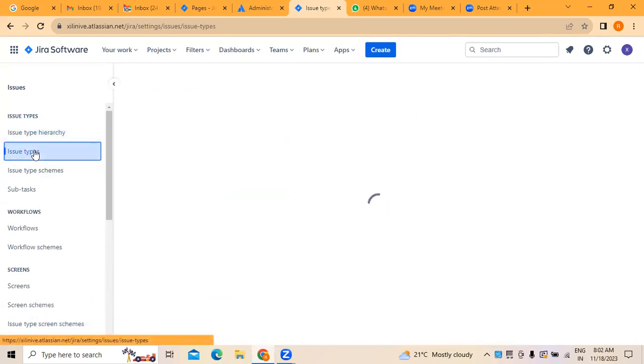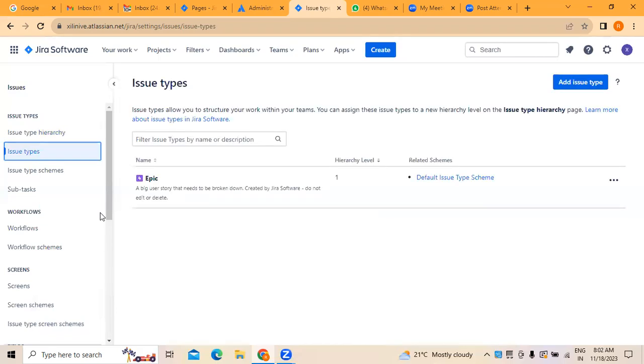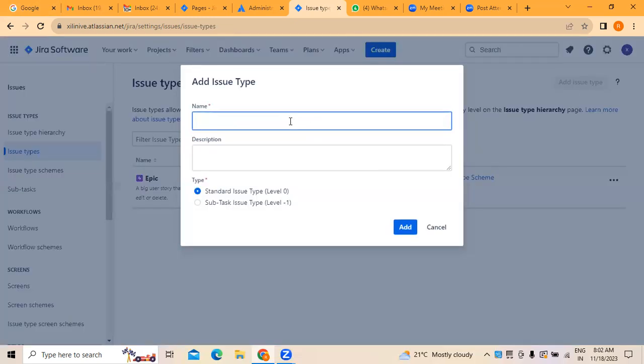Now, for example, if you want to add some issue types, different issue types. What are they? Epics, user stories, subtasks, right? We may have tasks, we may have technical debts, we may have bugs. So we have different issue types. If you want, we can add some issue types to the existing Jira board. You can click on issue types, and we can add an issue type. Here you can, for example,